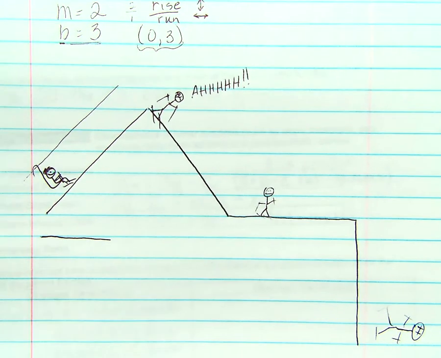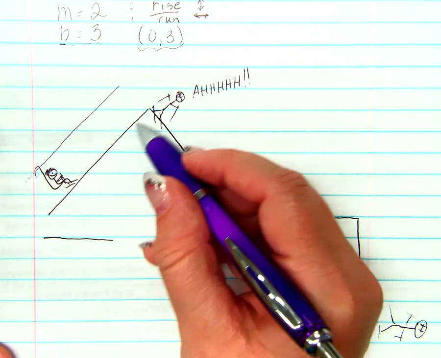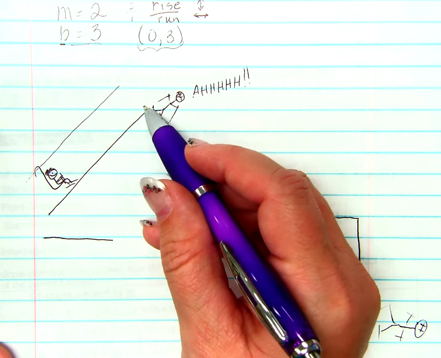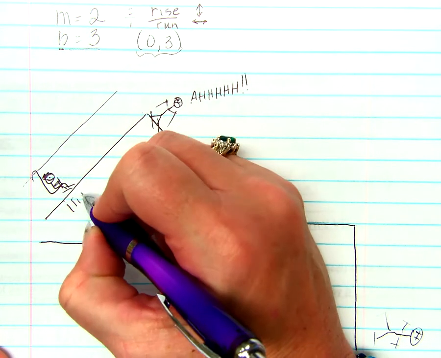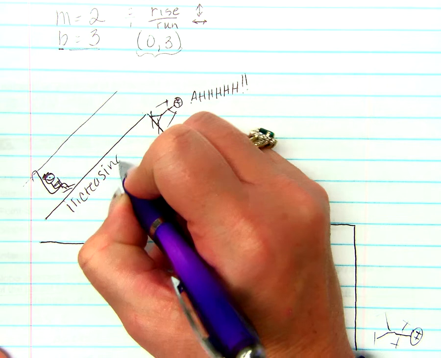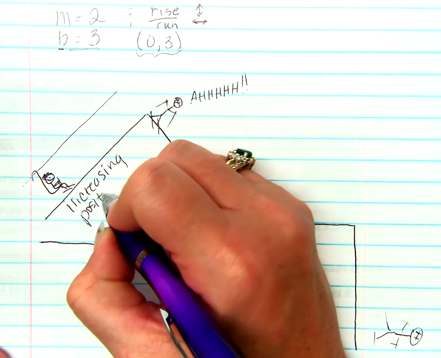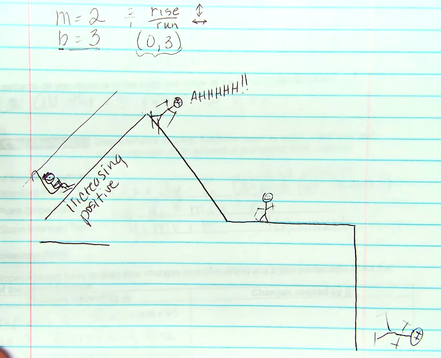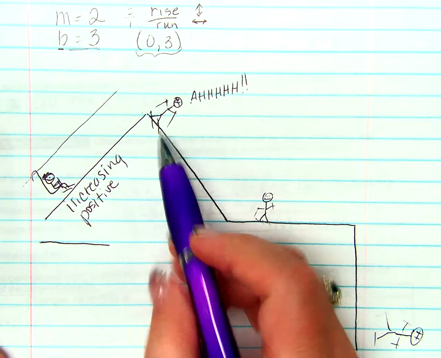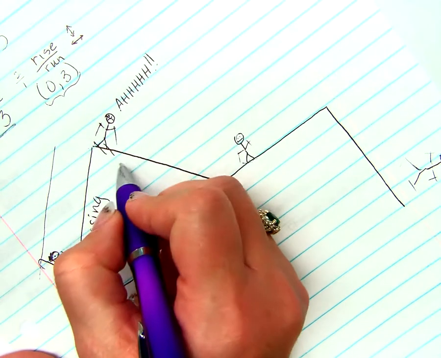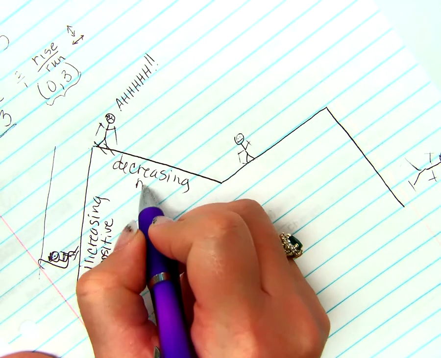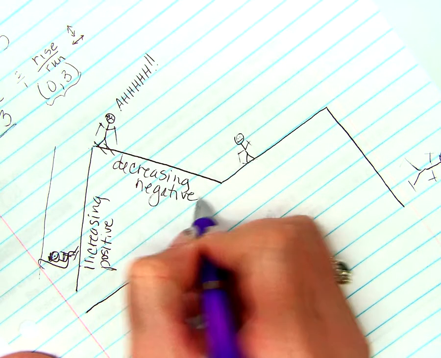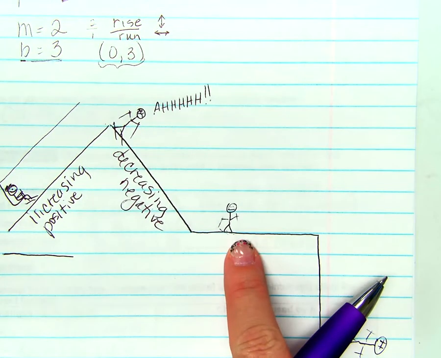Okay? Look at this side of the mountain. This side of the mountain is increasing. What was her attitude that day? Increasing. She's excited. She was super positive. And then she got off on the black diamond, and she was decreasing and very negative. And then, when she got to the bottom,